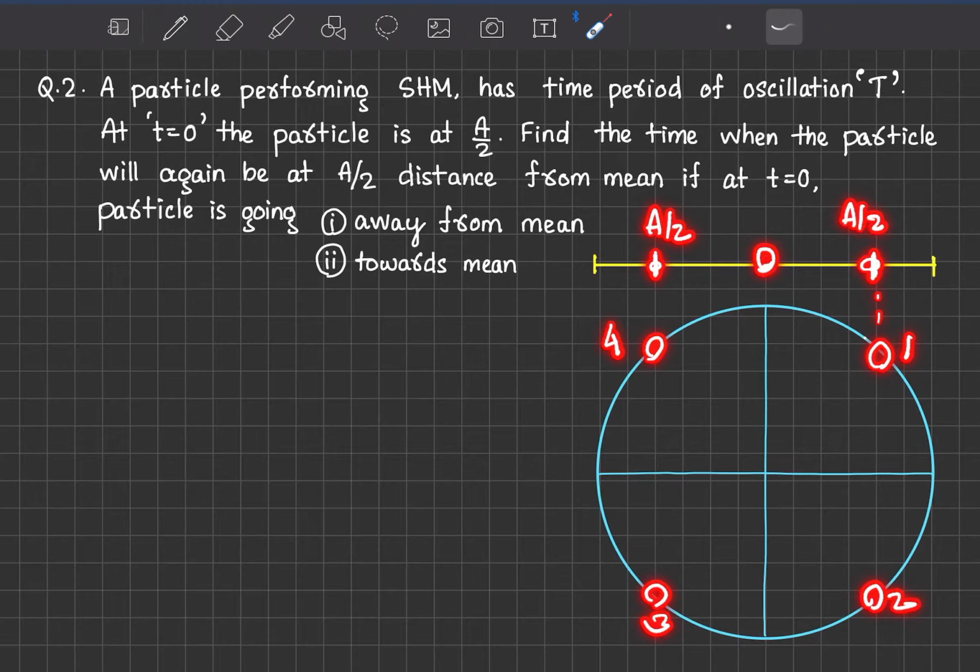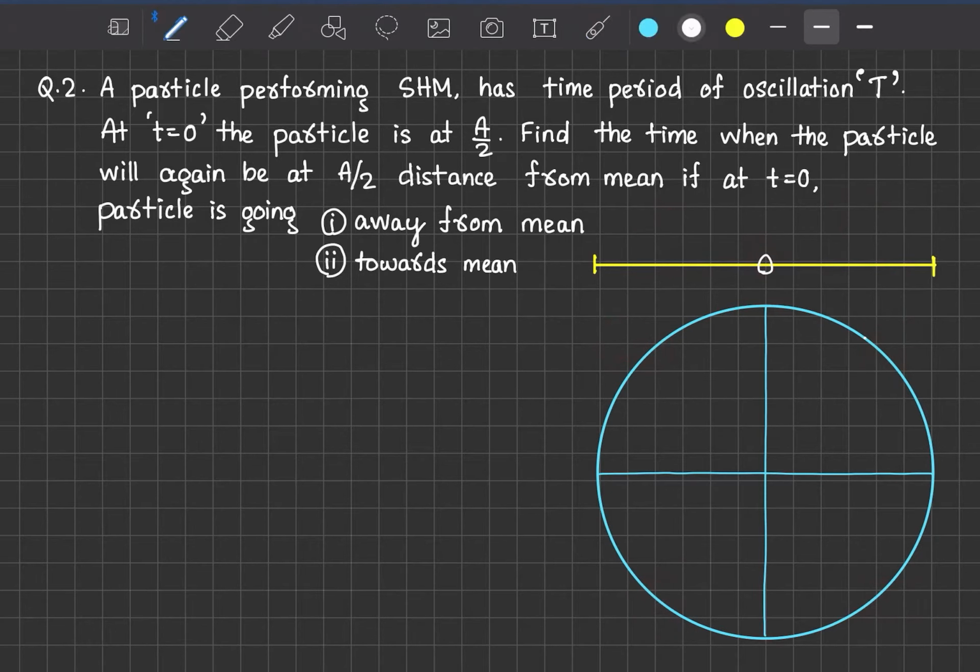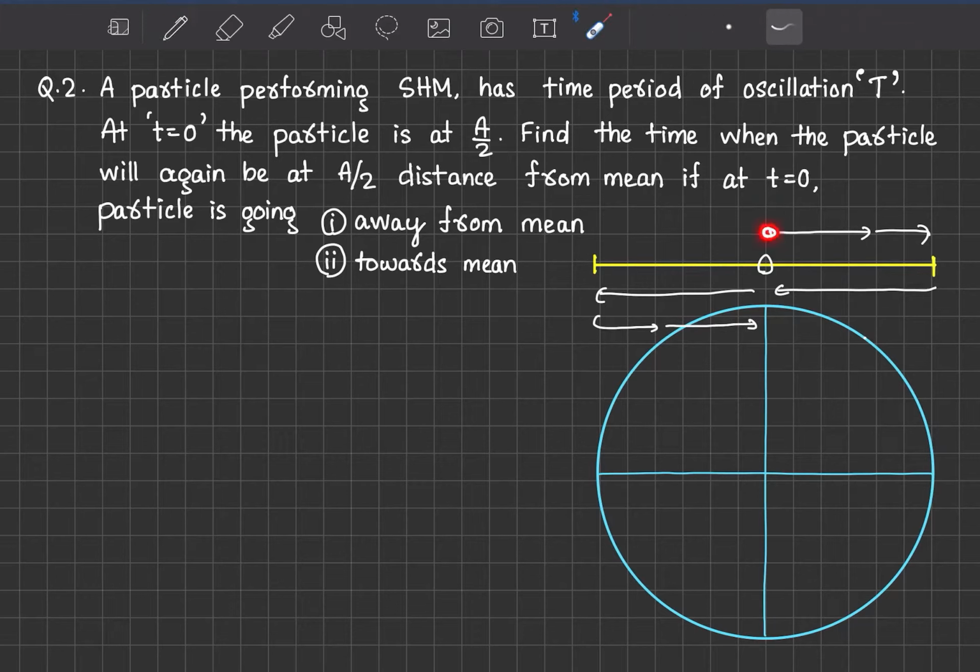So let's just take any point according to our given data and solve the problem. Let's assume the particle is first moving towards right, then coming to the mean, then moving to the extreme left, and again coming to the mean. This is the way of SHM, the particle is oscillating like this. Then the corresponding motion in the circle should be clockwise, right? Assuming clockwise motion, I chose clockwise omega.